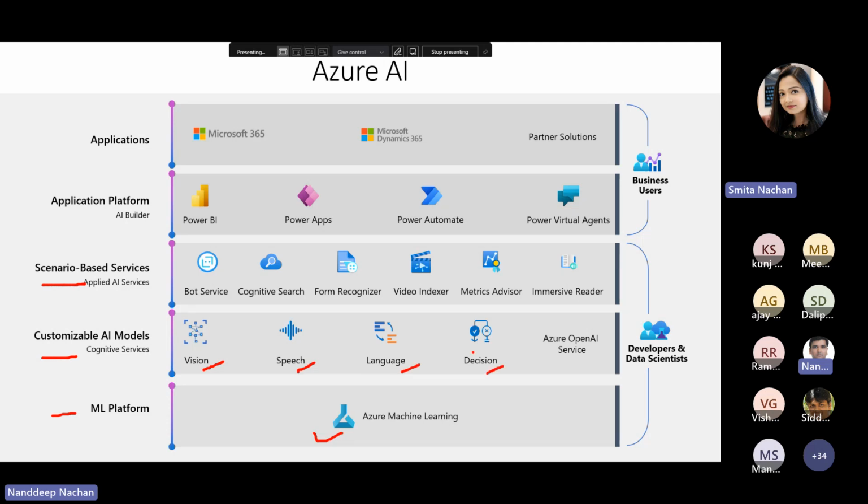The third one is Azure Applied AI Services, a suite of scenario-based services that enable organizations to accelerate the adoption, such as Azure Cognitive Search, which provides search capabilities over structured and unstructured data by using machine learning models. So these services are integrated with the Azure platform, which provides capabilities such as scalability, security, compliance,